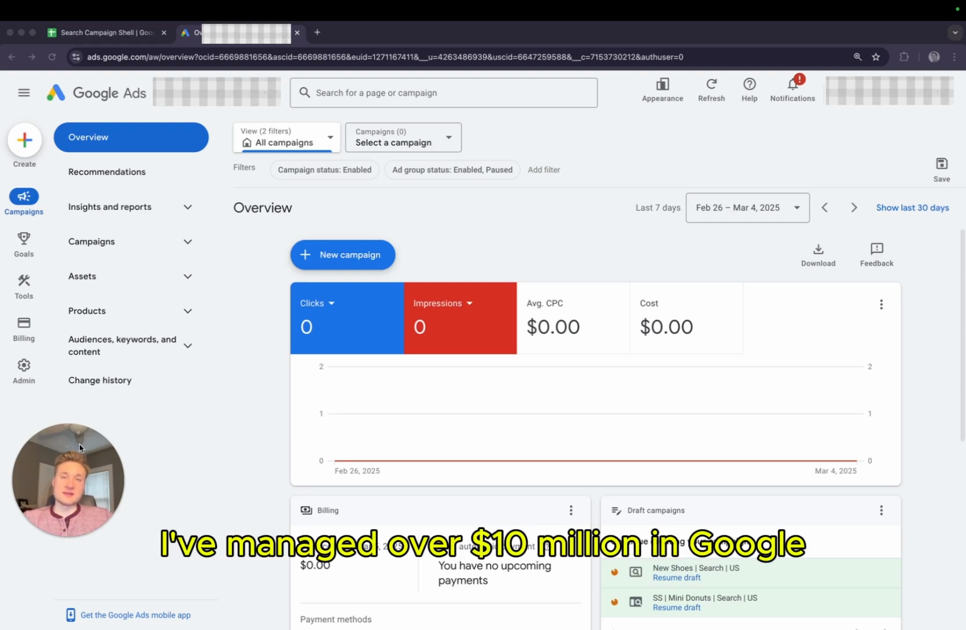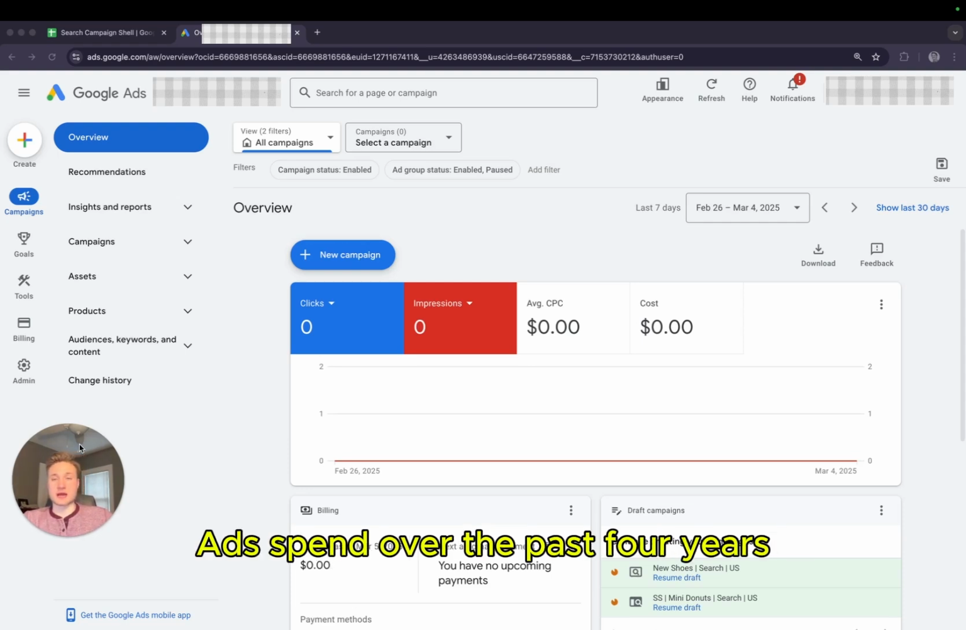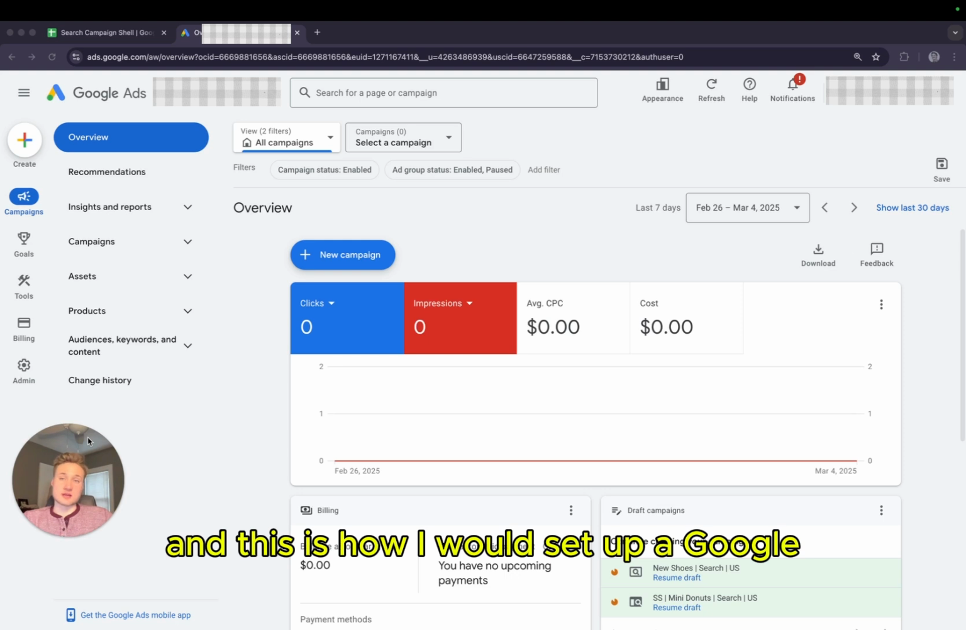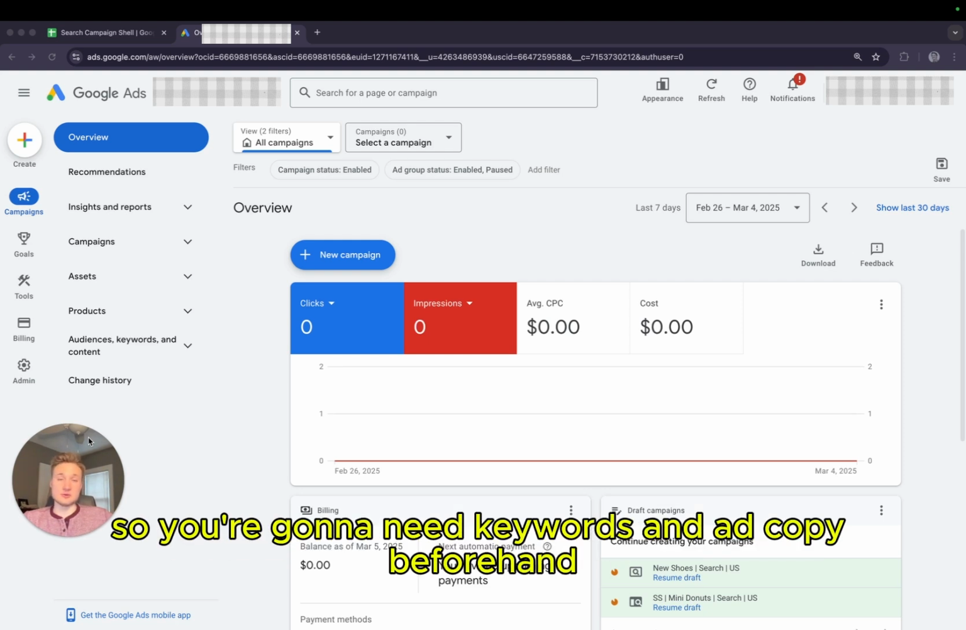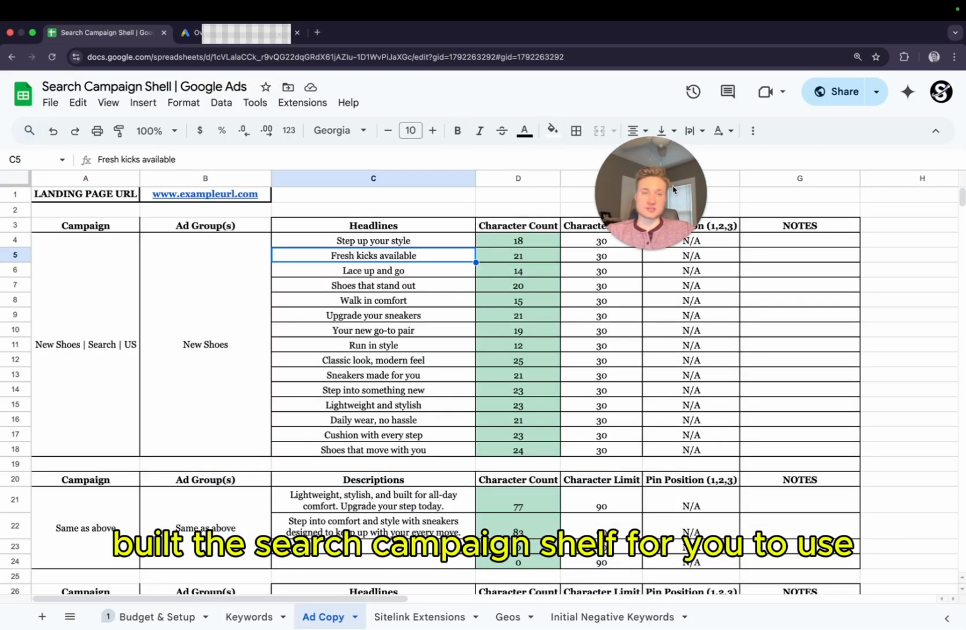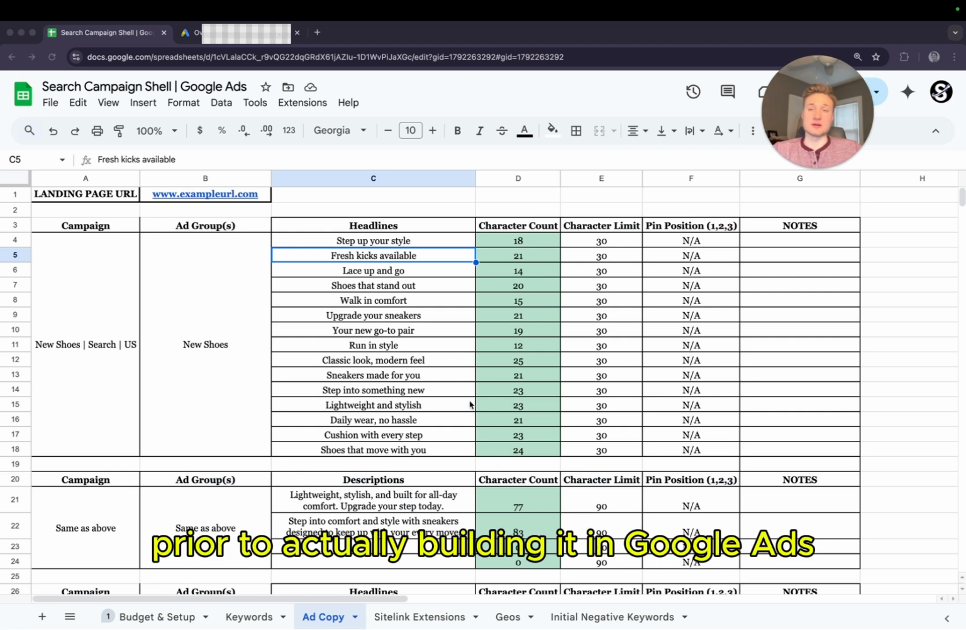I've managed over $10 million in Google Ads spend over the past 4 years, and this is how I would set up a Google Ads search campaign. Now, a search campaign is keyword focused, so you're going to need keywords and ad copy beforehand, which is why I built this search campaign shell for you to use to build out your campaign